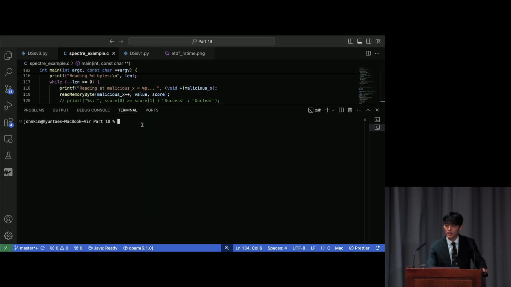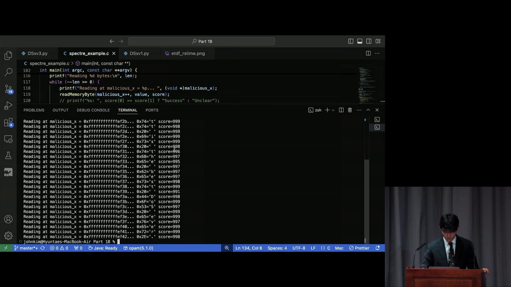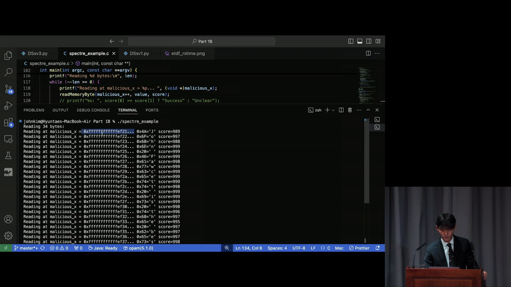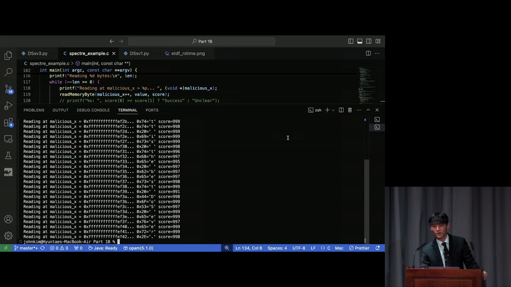that secret string that we want to extract. I think I've already compiled it actually. Example. Okay, so here, this is the location of this byte. It's J, O, H, and John Fawcett is the best DOS ever. Okay, so we've successfully extracted the secret